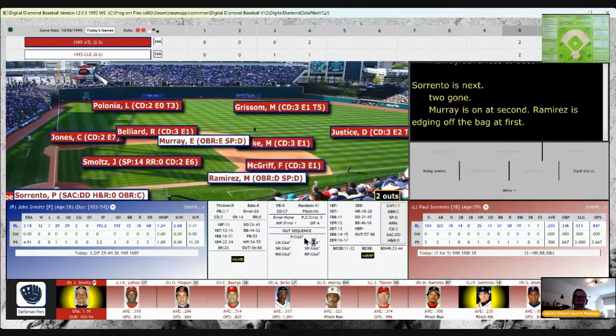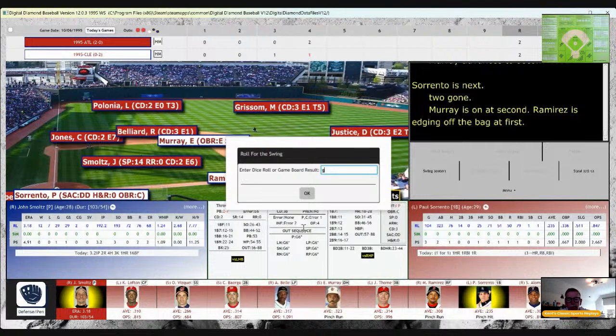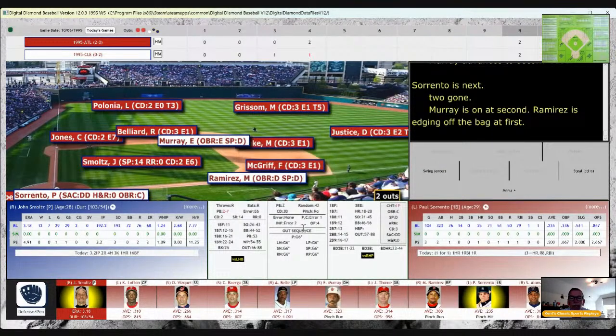It's now runners on the corners for Paul Sorrento. Sorrento, the only thing he did was hit a home run his last time up. Will be on Smoltz's card. That 75 is an out. It's grounded to first. We check for an error. There is none. And it's hit sharply at the Crime Dog. And he makes the play to close out the inning, but not before this game is knotted back up 2-2.